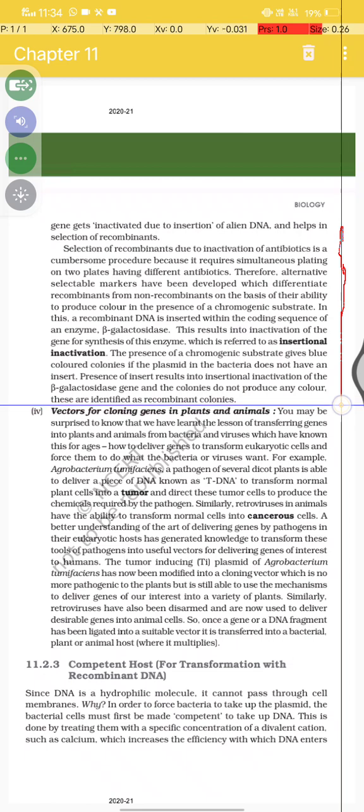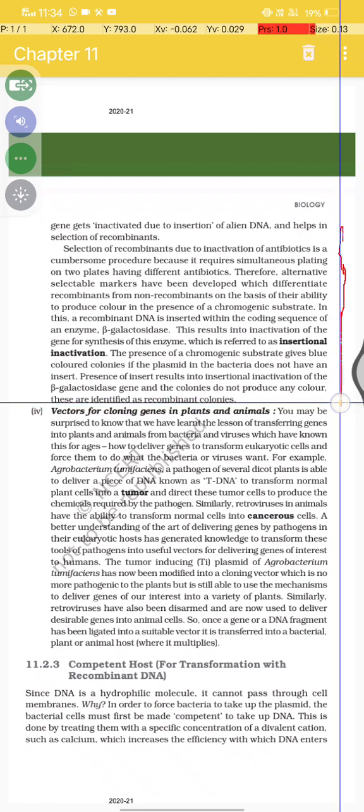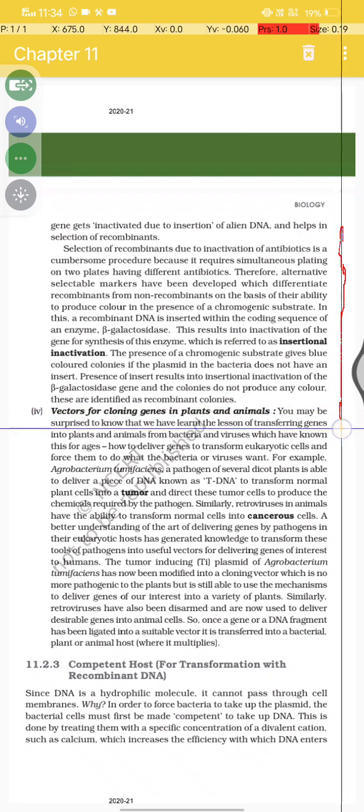These are the identified recombinants. Vectors for cloning genes in plants and animals. You may be surprised to know that we have learned the lesson of transferring genes into plants and animals from bacteria and viruses, which have known for ages how to deliver genes to transform eukaryotic cells and force them to do what the bacteria or viruses want. For example, Agrobacterium